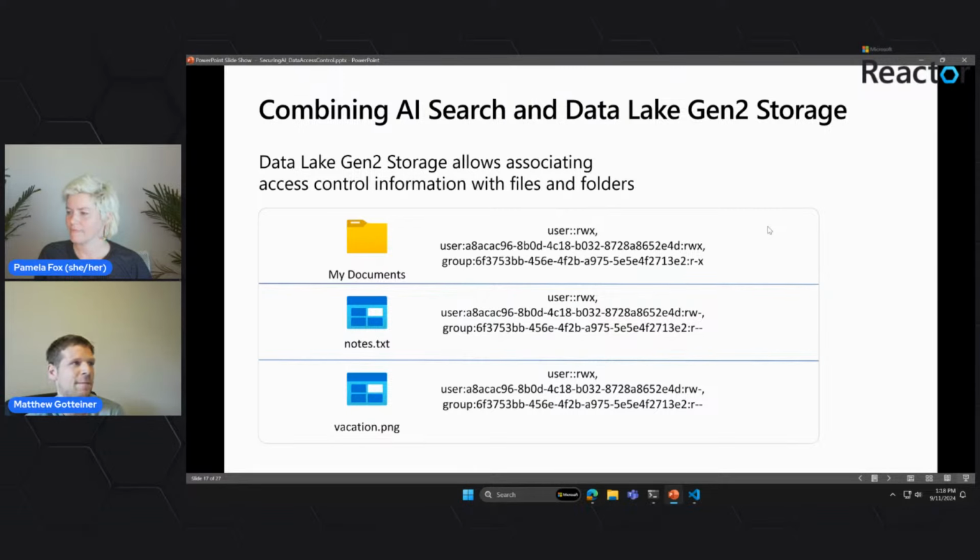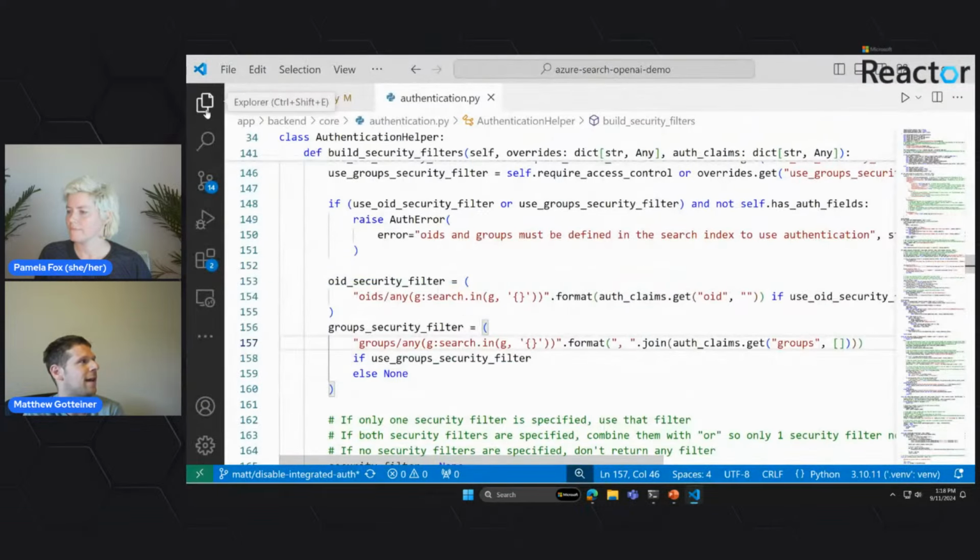They've actually been remapped to mean different things in Data Lake Gen 2. For the purposes of using RAG, really the two we care about are read and write, or more accurately just read, because we're not actually updating any files here. Basically, in Data Lake Gen 2, if you've marked a file as readable by a specific user, we've provided sample code in our repo to actually go and take that data.